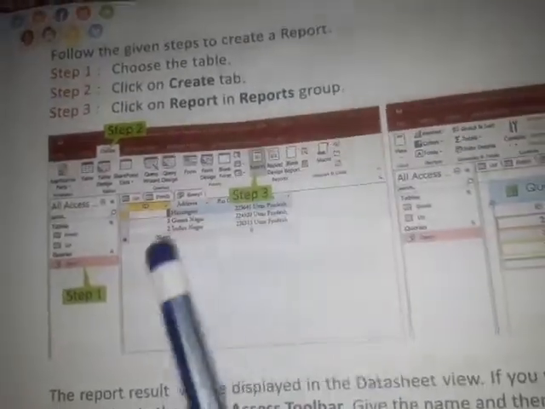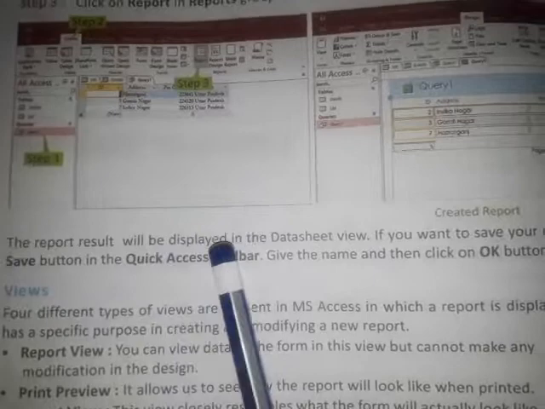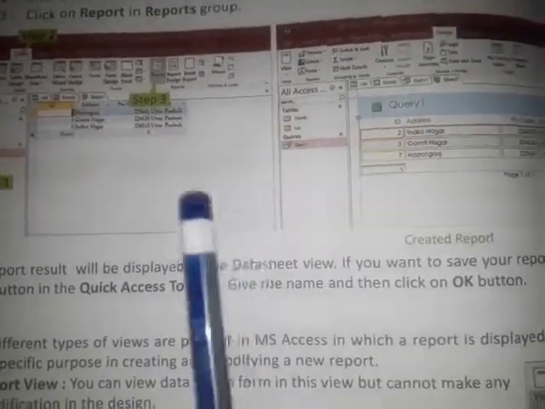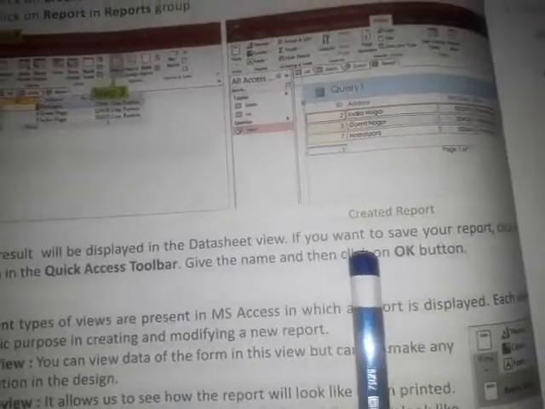This is the main window. Now the report result will be displayed in the datasheet view. If you want to save